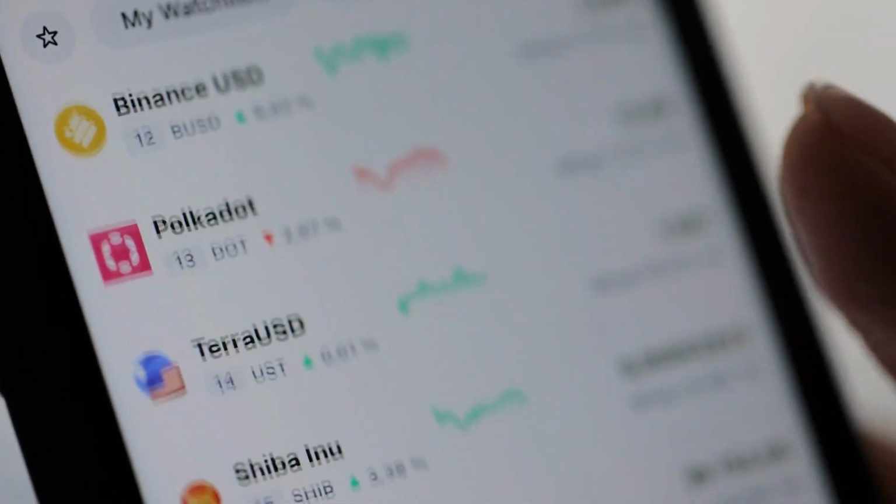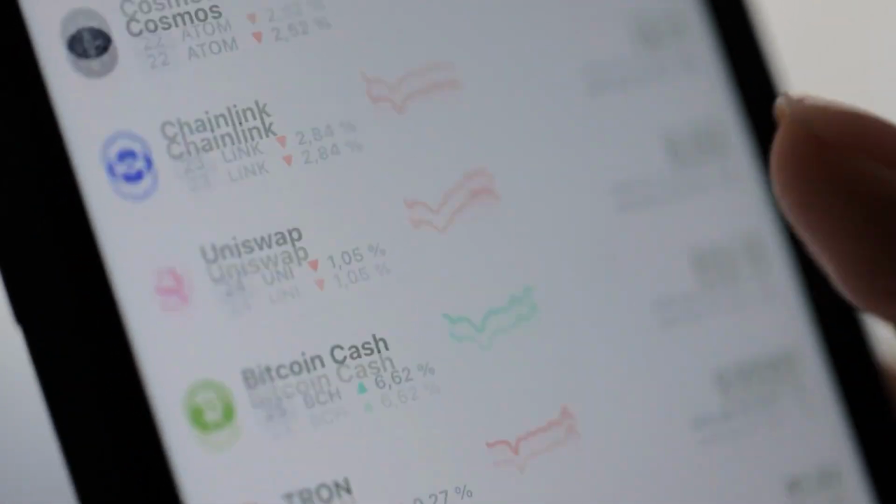Hello everyone. Today we are going to learn how to trade futures on the Bybit exchange in a simple and